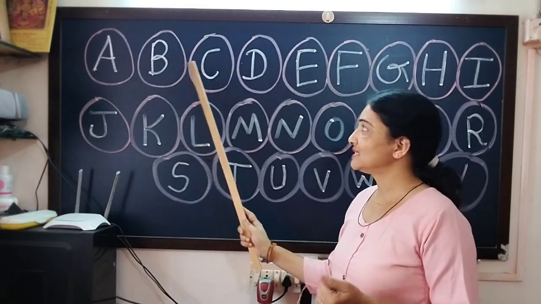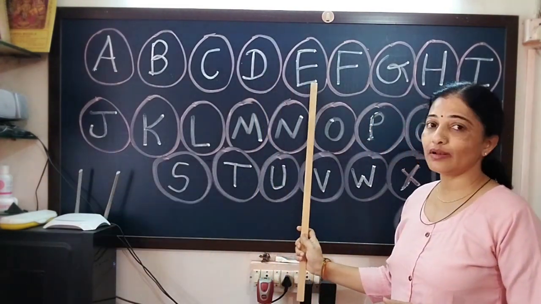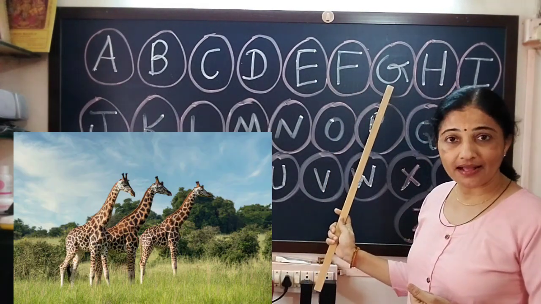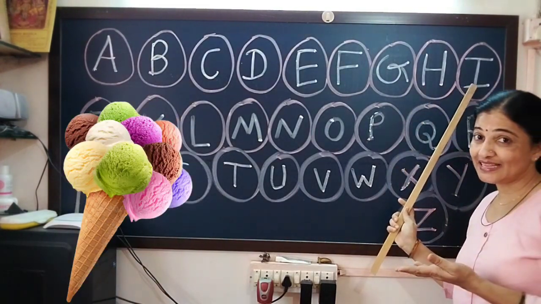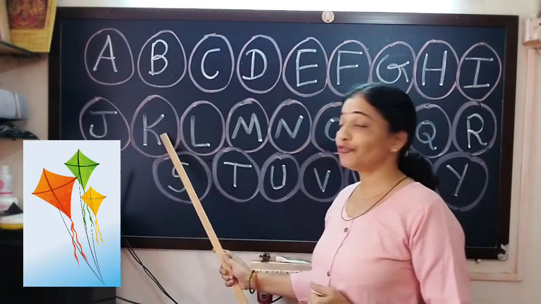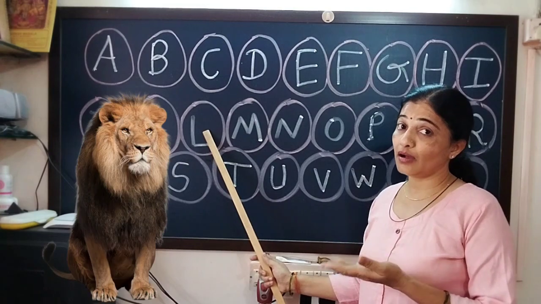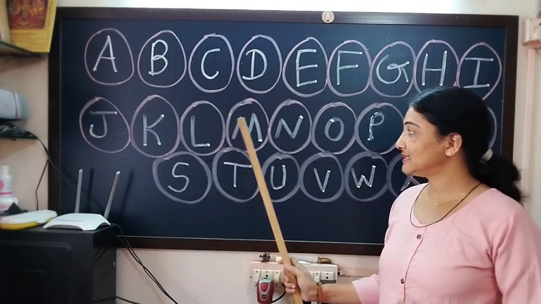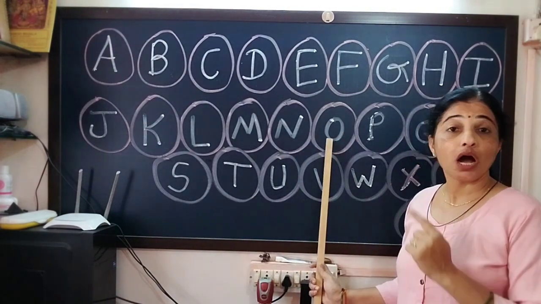C for camel, D for dolphin, E for elephant, F for flag, G for giraffe, H for house, I for ice cream, say I for ice cream, J for joker, K for kite, say K for kite, L for lion, M for magnet, say M for magnet, N for nose, say N for nose, O for orange, say